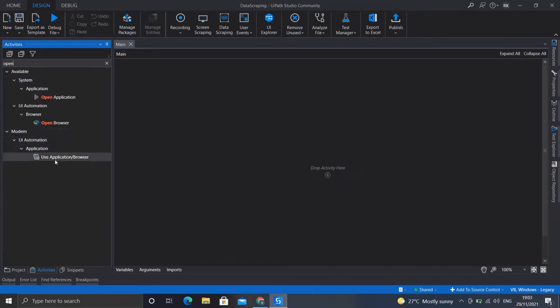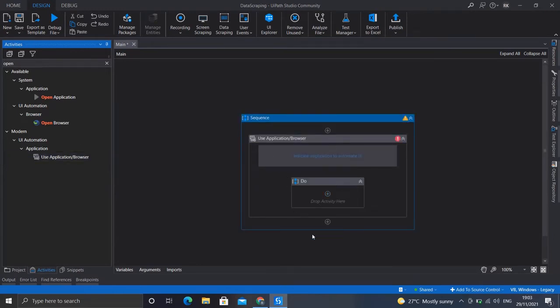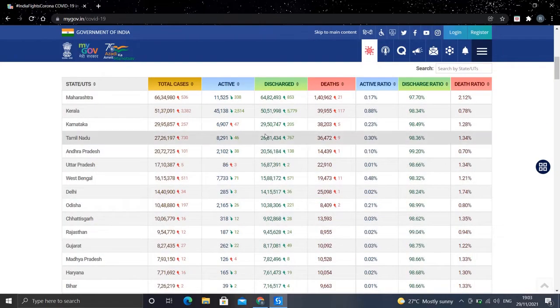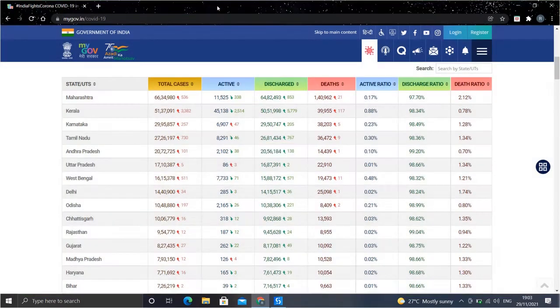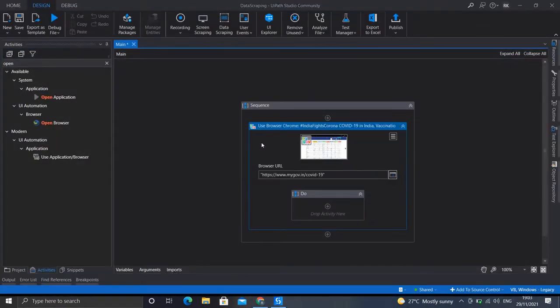Here it is, the use application browser activity under the modern activities. Now let's indicate the application which we want to automate. Click on indicate and just select the Chrome window. As you can see, it has scanned that we want to open the Chrome window with this URL.